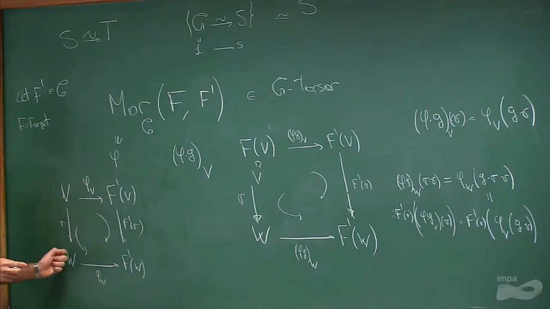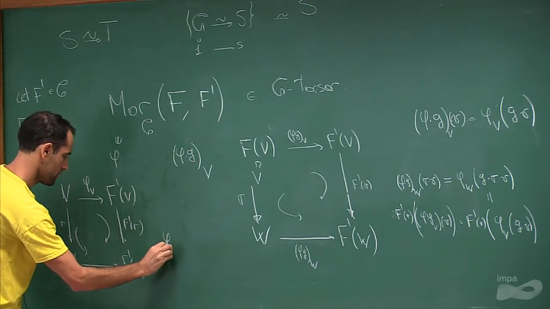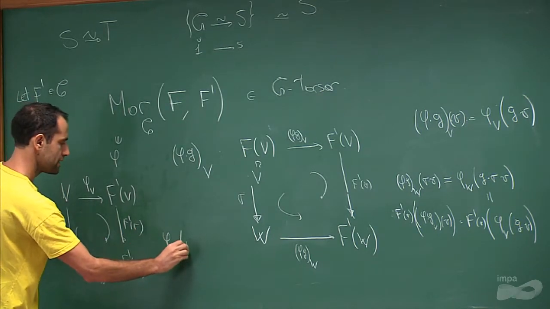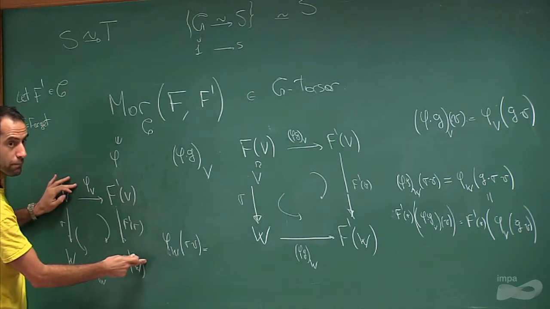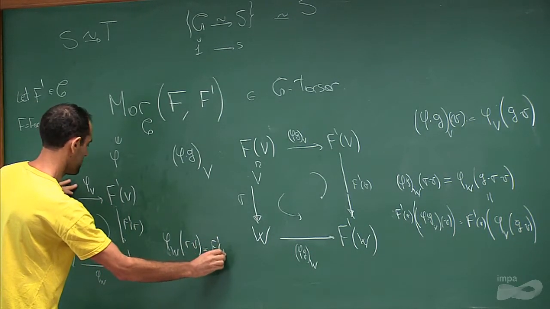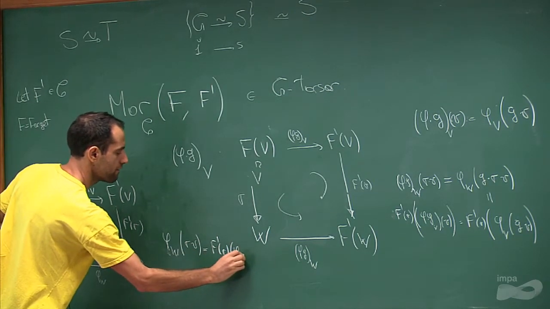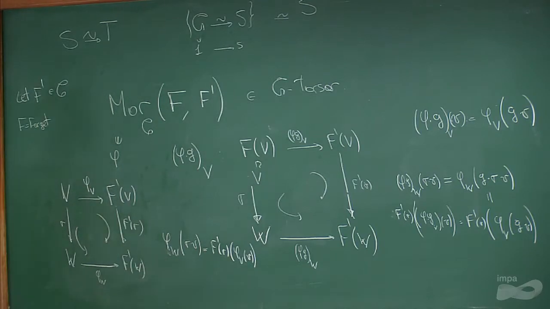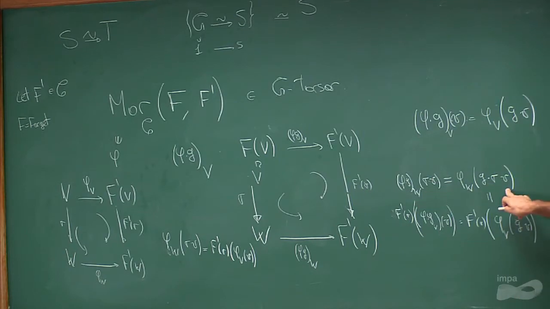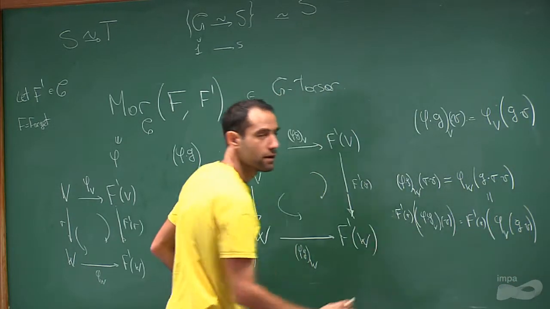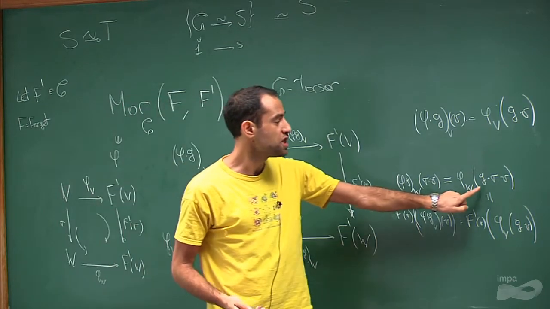So what is this diagram giving me? Which is the data that phi was a morphism. So this diagram says that phi sub W of sigma of V is equal to, well, the top part, which is F prime sigma of phi sub V of V. Okay? So phi sub W of sigma of something is equal to F prime of sigma of phi sub V of something. So I would be fine if G commutes with sigma,